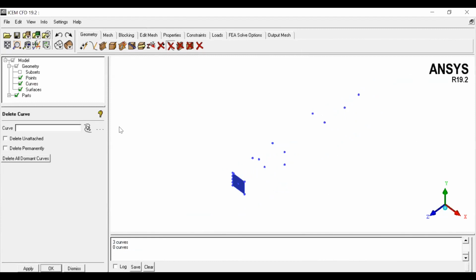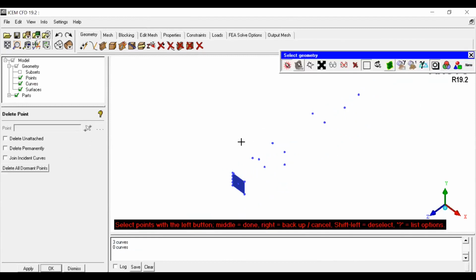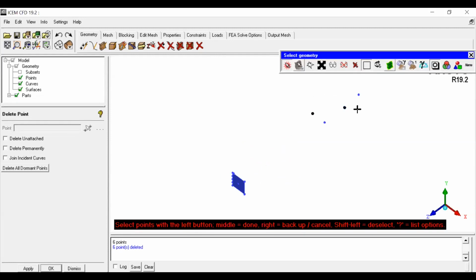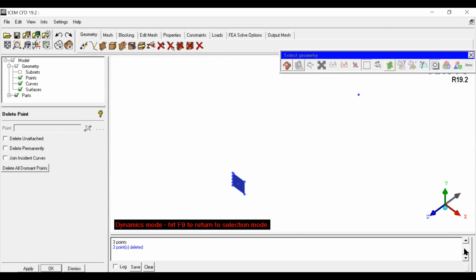Anyway, these points are unnecessary. Let me delete. So this center point remains there. Yes, fit window. So this is our geometry currently.